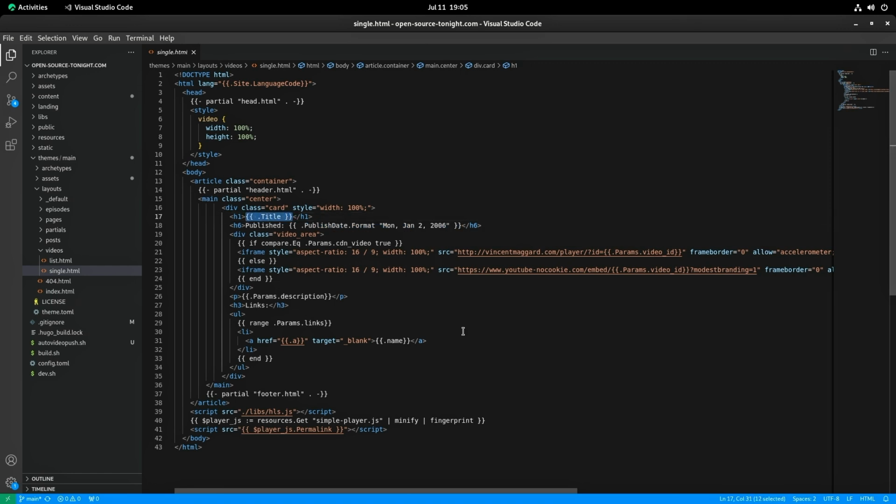The title is here. And if we look down here, if CDN underscore video is true, we're going to use our CDN player here, which you can see is here. Otherwise, we're going to use that same video ID and reference YouTube. So it will either come from YouTube or here. That's how we can have both on the same page.